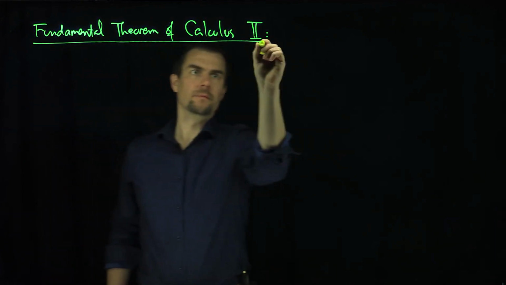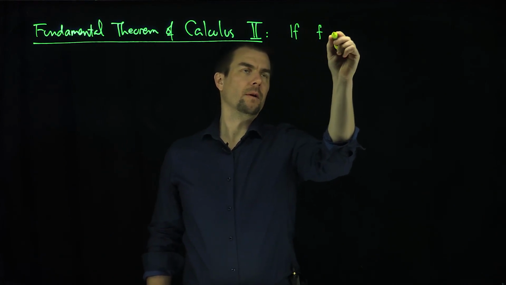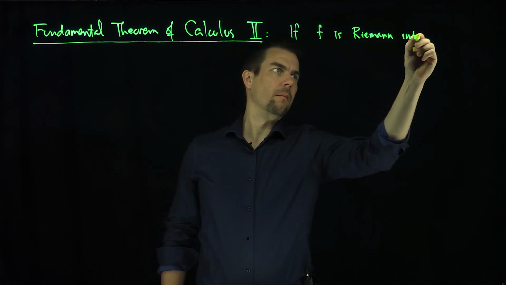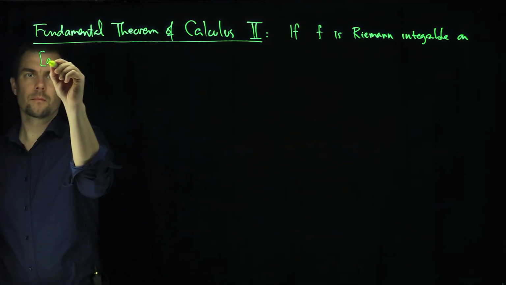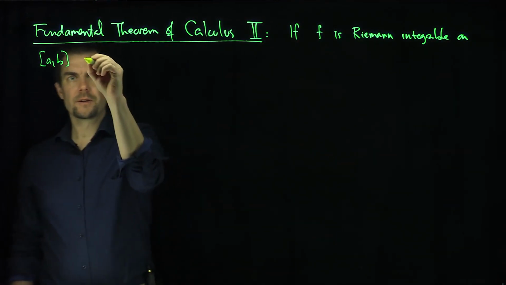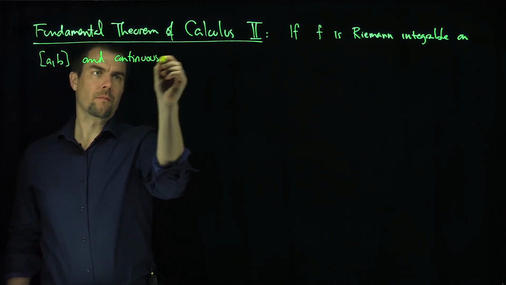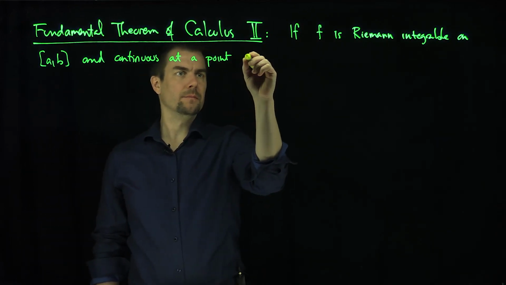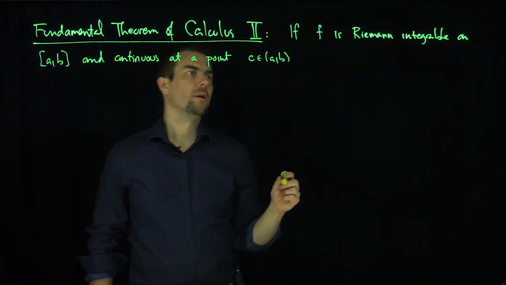says the following. It says if f is Riemann integrable on [a,b] and continuous at a point c in [a,b], let's say c is in the interior, doesn't have to be, then